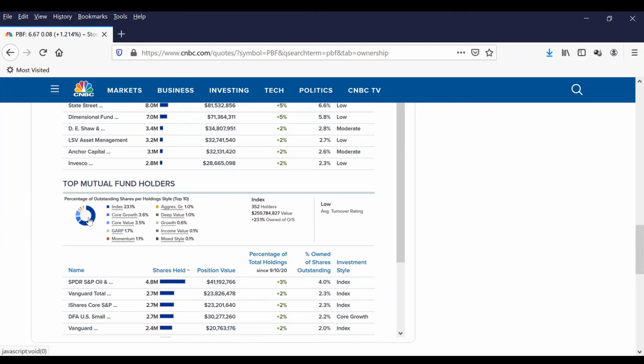Okay. And I like about it, it says right here, the turnover rating, it's low. So that's good. That indicates that a lot of people will buy the stock, and then they're not gonna sell it right away. They're not gonna buy, sell, buy, sell, buy, sell like a short term. So they hold on to the stock for a long term. And it might also indicate that people really love this stock, and they believe that this stock will go up